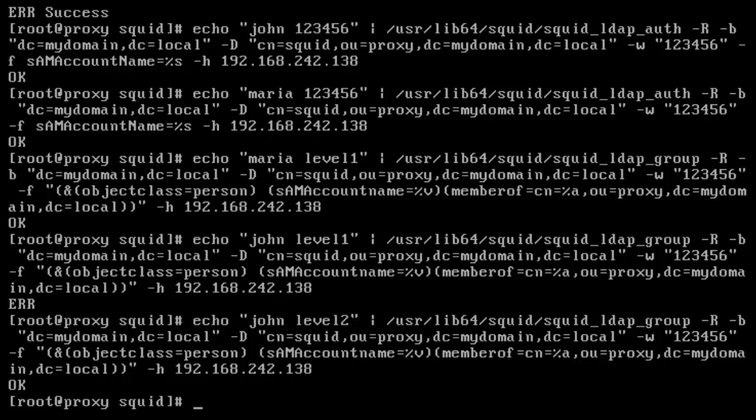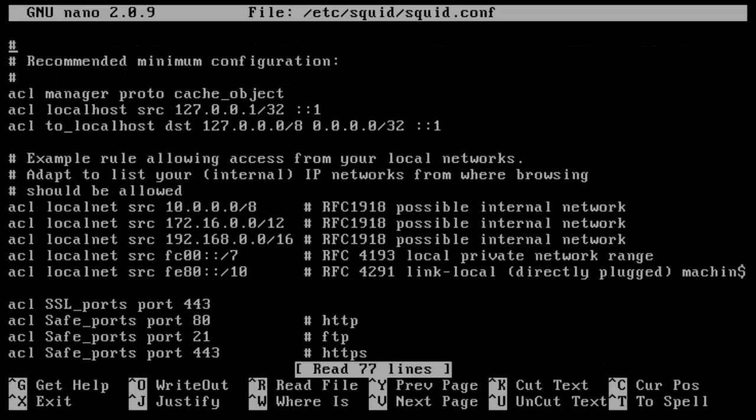So I'm going to be configuring Squid. This is the main configuration file for Squid, and it already has a minimum configuration which will basically work for you. Here we need to say